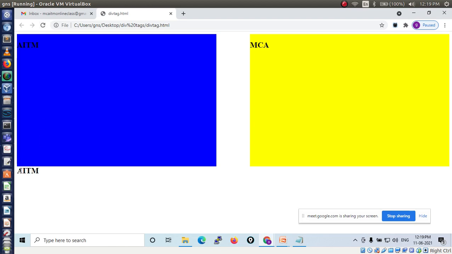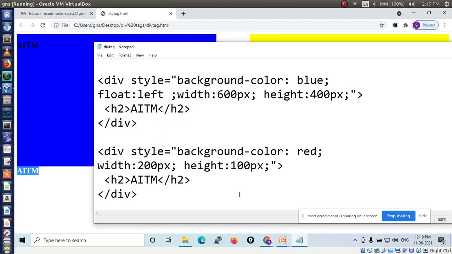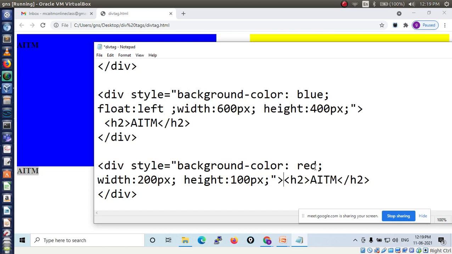Then let's see how it will print. Now it is printed here, AITM, right? Something is wrong in this background div style, background color red, then width, then height 100 px. Then I am using it to display AITM.